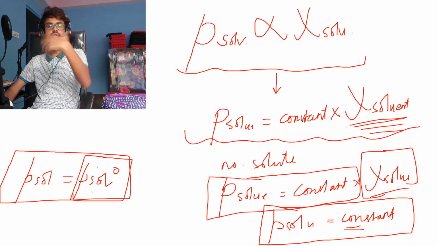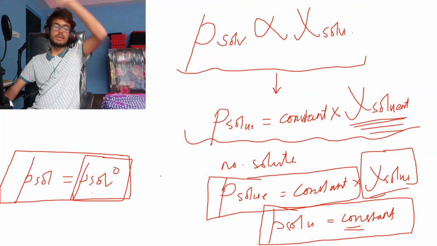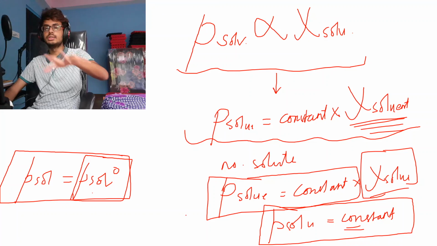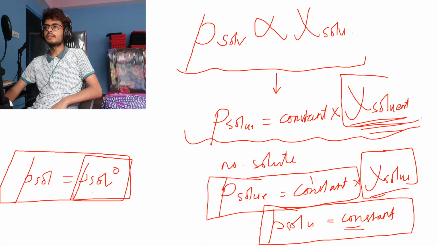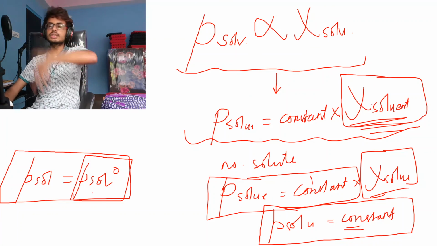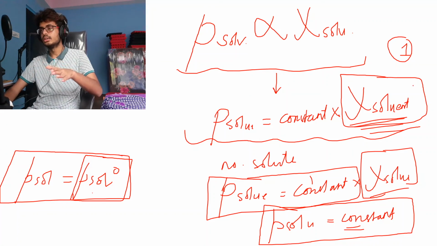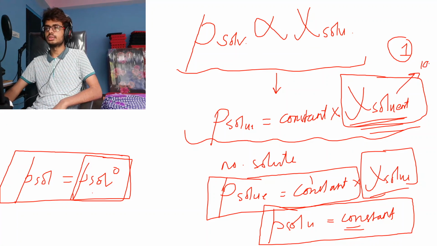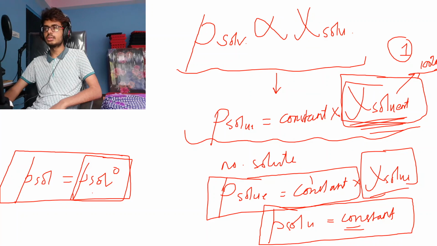You know, whenever there is no solute, it is just the solvent that is taking part in the formation of vapor, right? You don't have anything in the solution except the solvent. So mole fraction means what fraction of the solution is the solvent. So it is basically 1, right? The entire solution is the solvent. There is no solute at all. So this is 100% of the solution. This solvent part makes 100% of the solution. So what we do is we replace the mole fraction with 1, because we don't want the percentage, we just want the fraction.